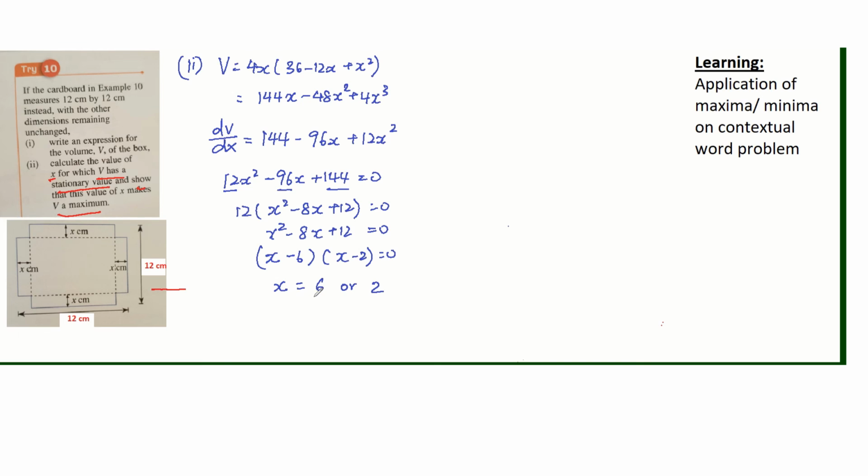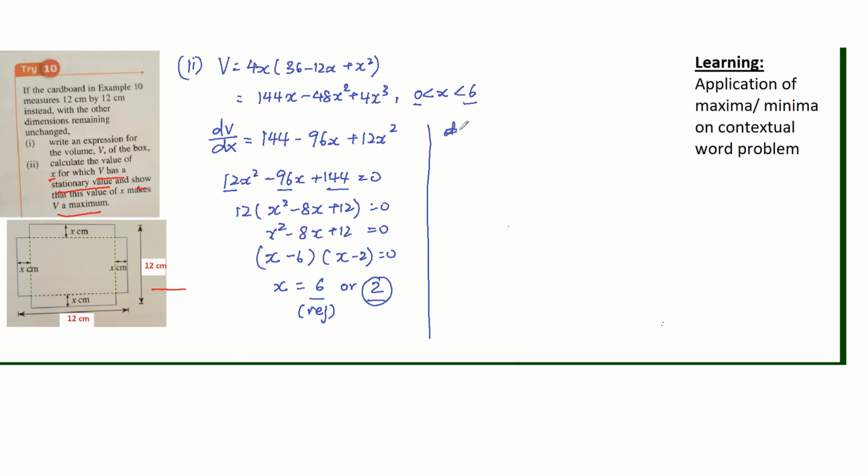But wait a minute, we have two possible answers. Does that mean that we should use both answers? No, because if you can recall earlier on, we did agree that x has to be greater than 0, but strictly less than 6. In other words, we have to reject x equals 6, for reasons which I've explained earlier on. All right, so at x equals 2,